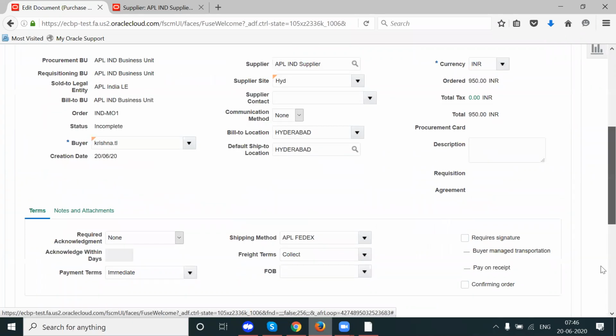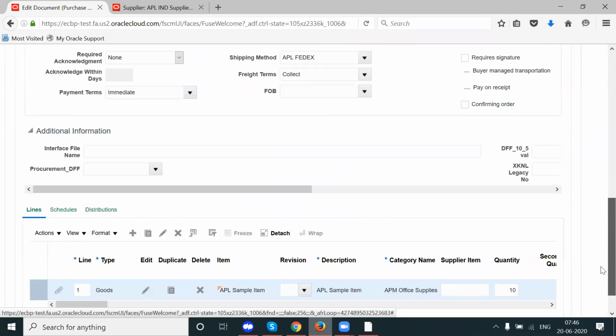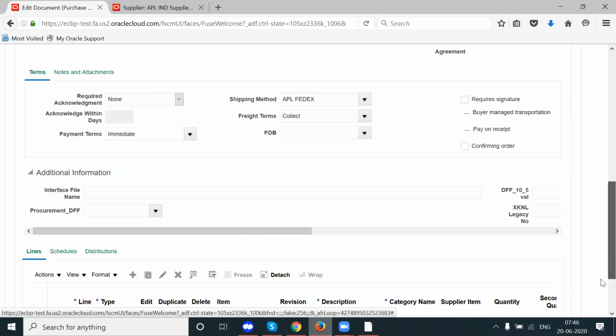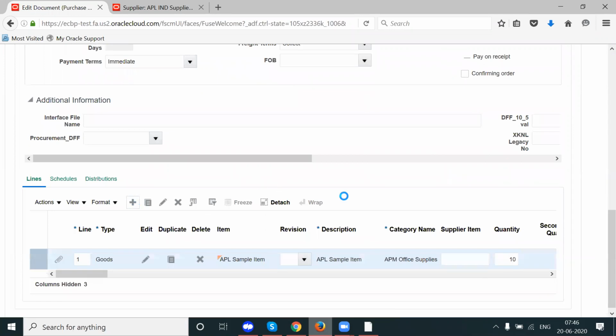By looking at these attachments, the buyer can add the lines manually. Let us take that I'm the buyer, so I can add lines manually here.